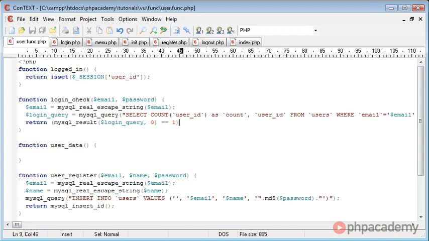So if it does equal 1, we want to return the MySQL result, and that's going to be again of the login query. So we're grabbing a result, row 0, but this time specifying to return user ID. So this function, if we do have a match, returns the user ID. That's essentially what this part is doing. Otherwise we want to return false,